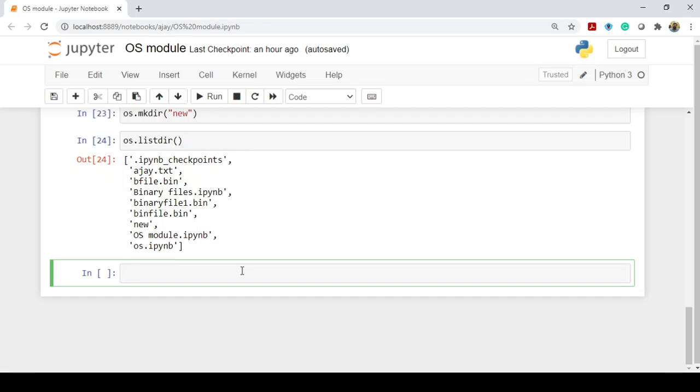So if you want to create a directory to levels of depth, so if you want to create a folder inside another folder and inside another there is another folder, you can use make directories, makedirs. So if you want to create a folder to a particular depth, so if you want